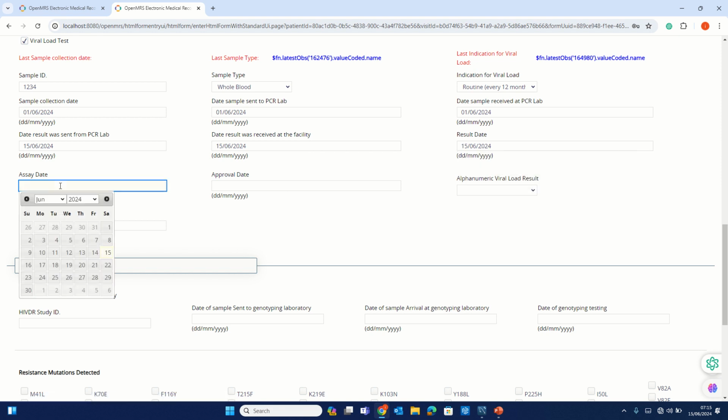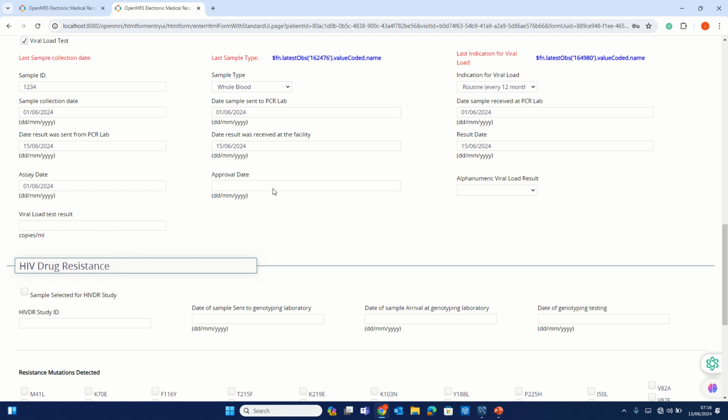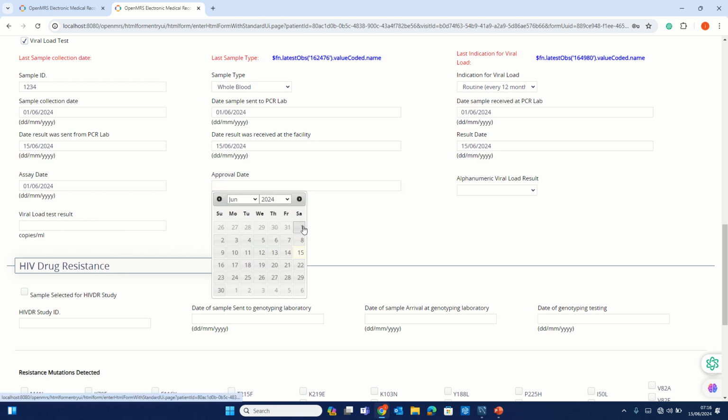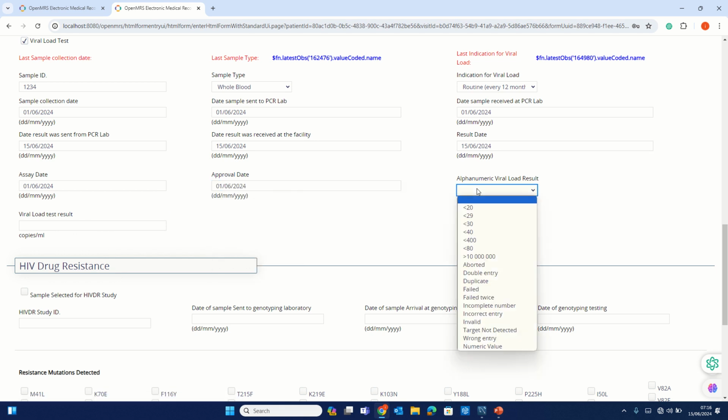Now, date assay: remember the sample is assayed either the same day or a few days after it was received at the lab, as the case may be. So let's say this was also assayed on the 1st day of June, and then approved on that same day. So once this is done, you have the viral load